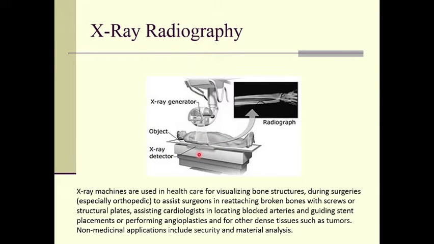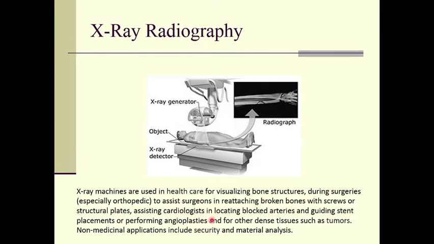In this technique, the patient will either be standing or lying on the table. On the back side of the patient, the X-ray detector will be placed. The X-ray generator will generate the X-rays, and the X-ray beam will be passed on the patient's body, and some part of the radiation will be absorbed by the bones. The remaining will pass to the detector. The detector may be a photographic plate or a digital detector. So we will get a radiograph, and this kind of structure we can see.